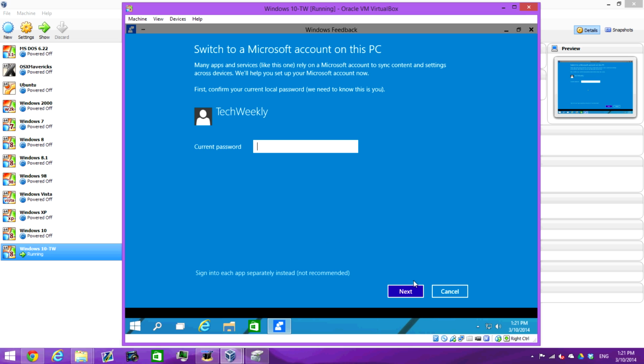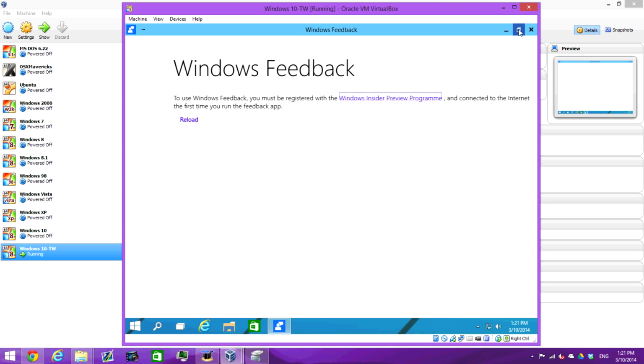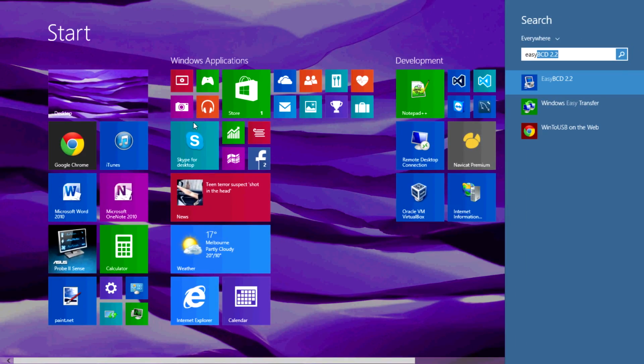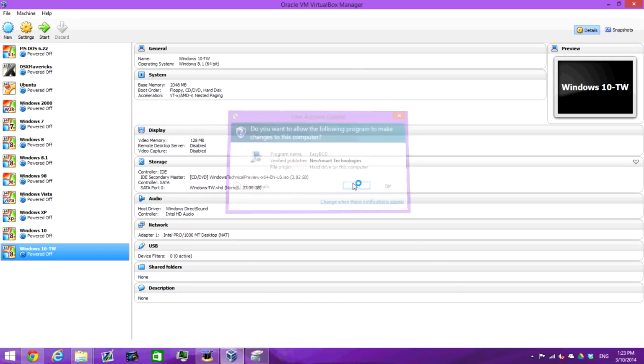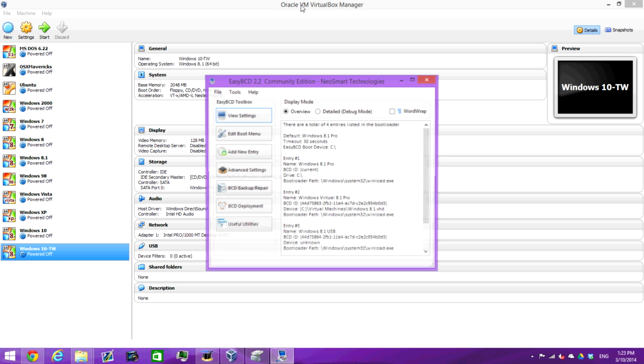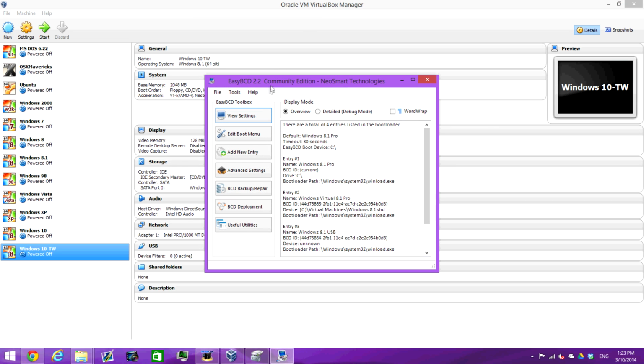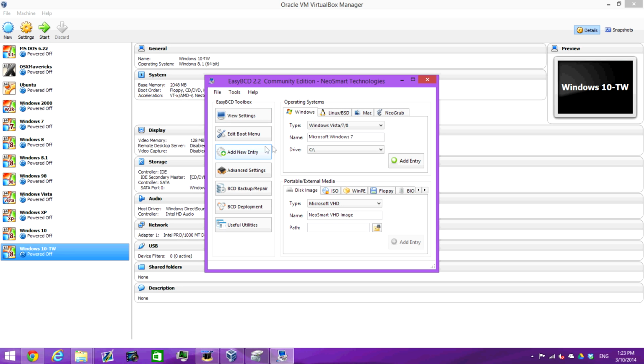If your host operating system is running Windows 8, you also have the option to boot from the virtual machine as a dual boot. We are going to install a program called EasyBCD. A download link will be in the description. Once EasyBCD is installed, we are going to go to the Add New Entry button, and under Portable and External